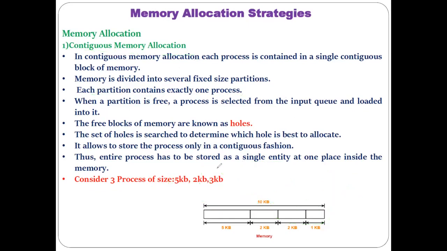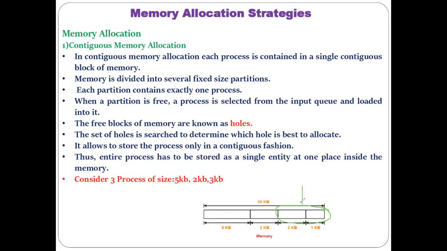This remaining 3 KB process could be contained within this particular part of the memory, but it is already allocated to the 5 KB process. Now what is remaining? These two blocks of memory. These two blocks will remain unused, because the 3 KB process cannot be put in this 2 KB since it is less than 3 KB. It cannot be put in the 1 KB either, because that is also less than 3 KB. So you can see these two partitions remain unused.